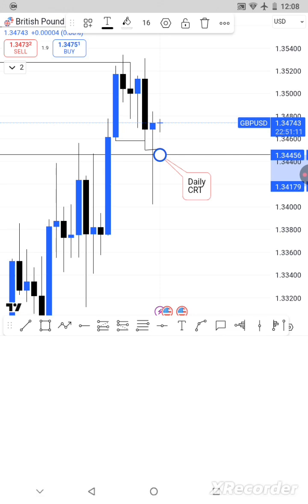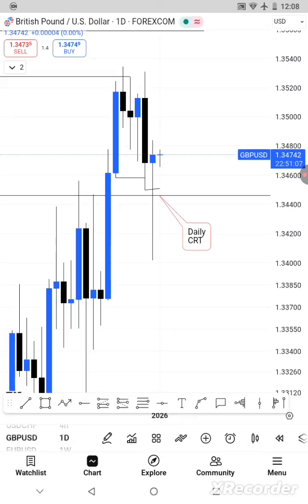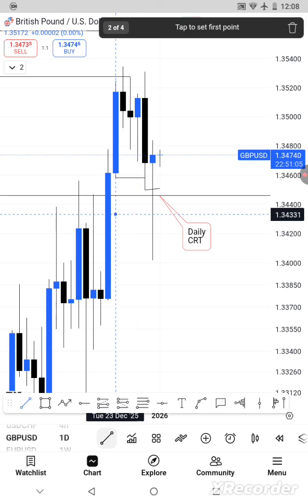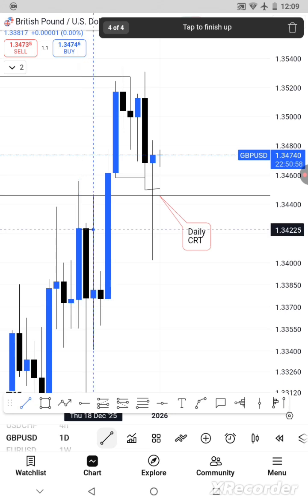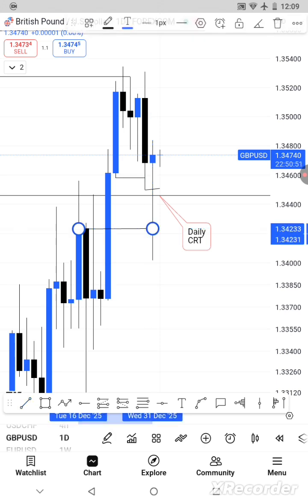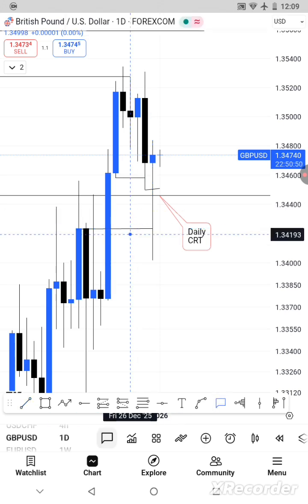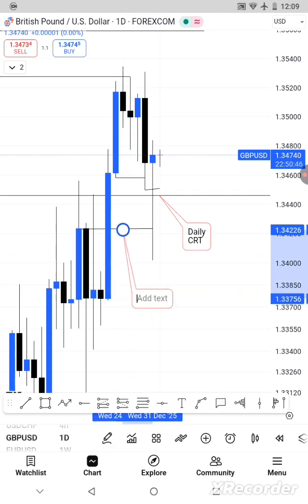So right now, this candle tapped on this key level. The low of this candle tapped on this key level. So right now, this key level will now be our POI. I'm trying to validate my buys right now, and why I feel that GBP will buy throughout the month